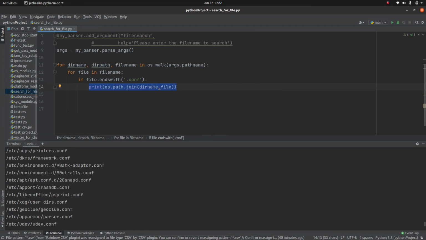So that's it about this video. In this video we have learned how to create a find-like utility using Python, and for that we used os.walk. Then we made it user friendly by giving the user the ability to pass the option on the command line. And then in the last we looked for a specific file extension.